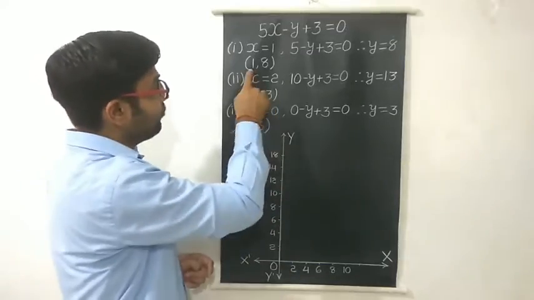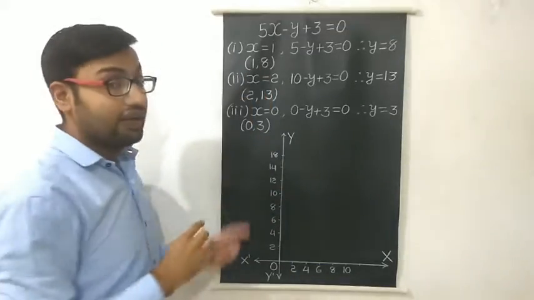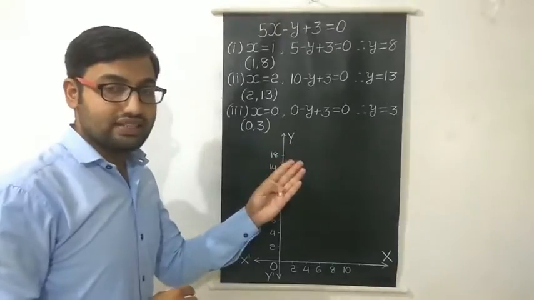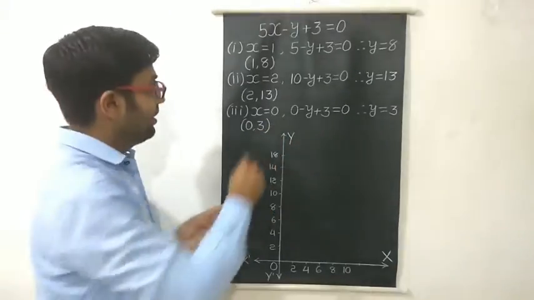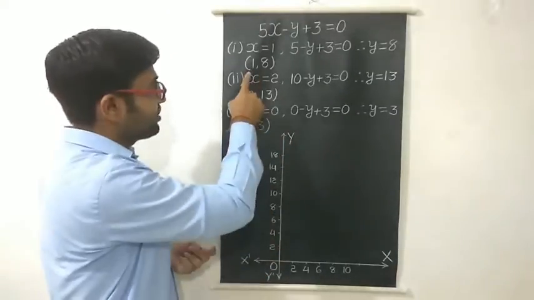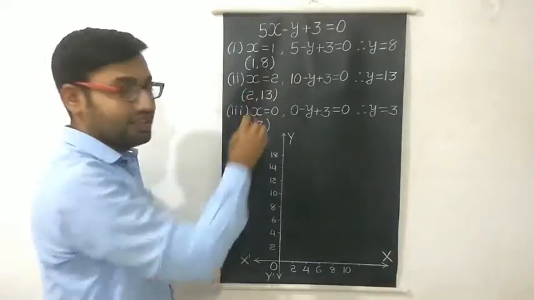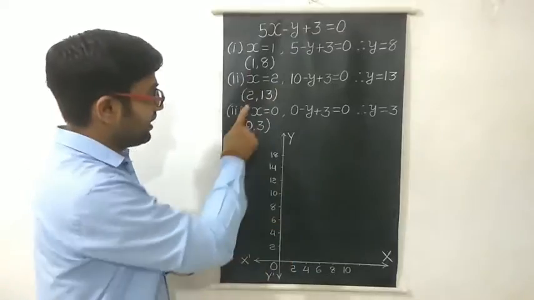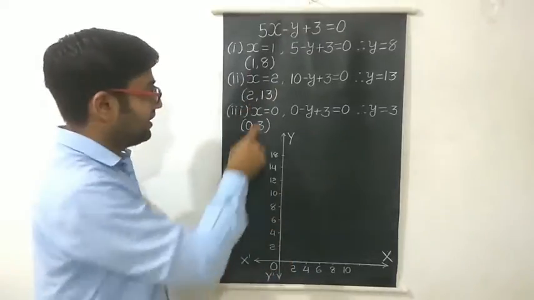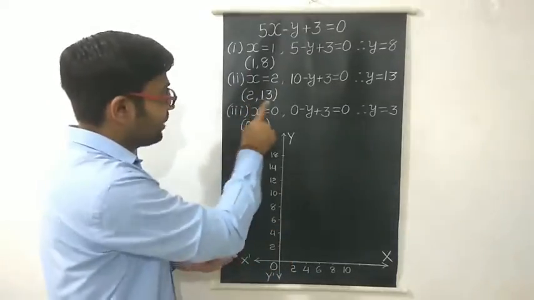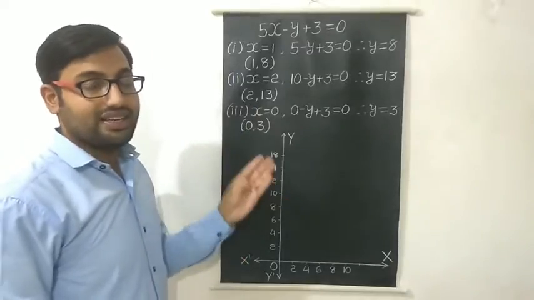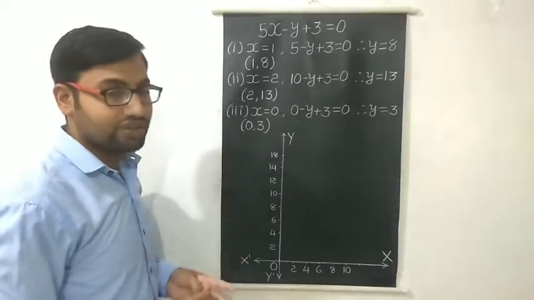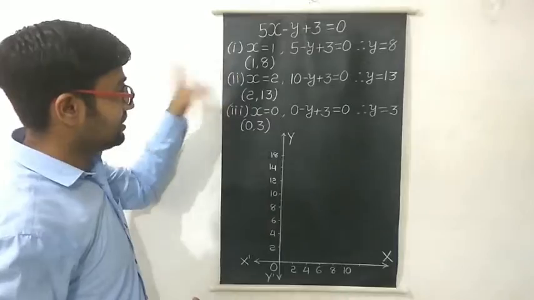And notice one thing, what is this? This is x and y. And we suppose x as the distance covered and y as the fare. So for the first kilometer, the fare is 8. So that we get as the solution, 1, 8. For the second kilometer, what will be the fare? It is 13 rupees. So 2 and 13 we get as the second solution. Right? Now we have to draw this graph.